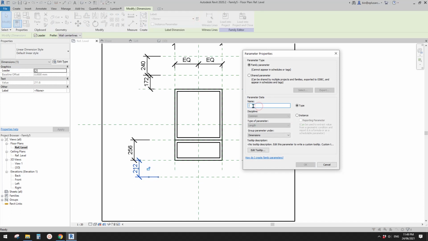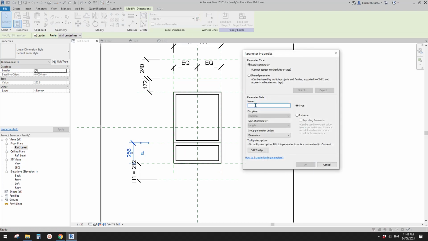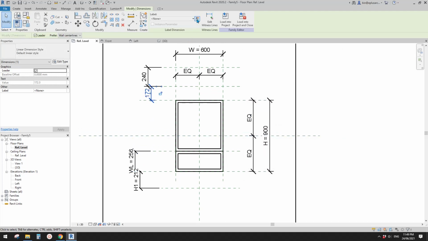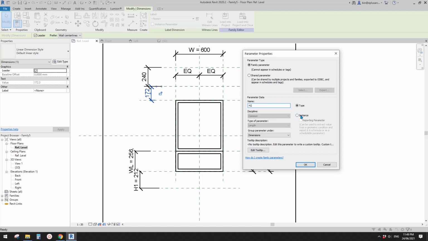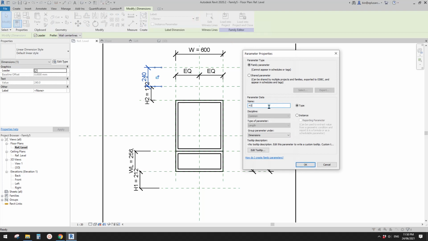So I'm going to name this parameter h1, and I'm going to use instance. Okay, so maybe I'll make this one type. Okay, so let's make it type Windows lower type, and then I'll name this one maybe h2 instance, maybe this one h3, or it doesn't really matter, type or instance, depending on